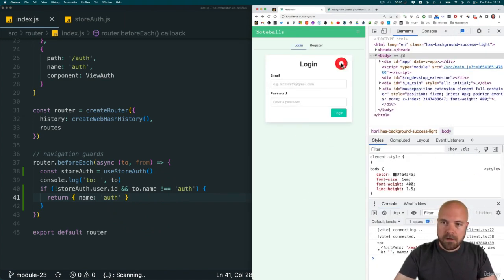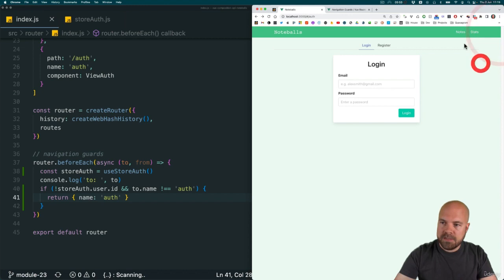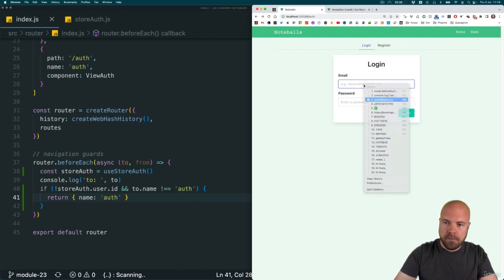So this user is not logged in, and if we try to get to the notes page, it won't let us get there. And likewise, if we try to get to the stats page, it won't let us get there. It's redirecting us straight back to the auth page. Now, if the user is logged in